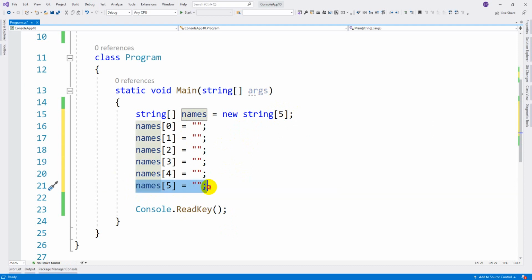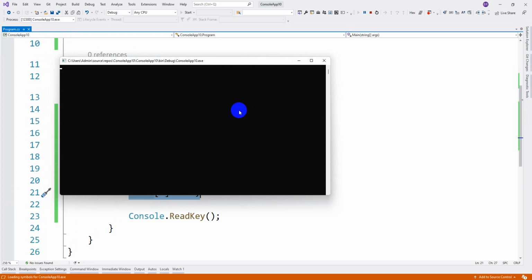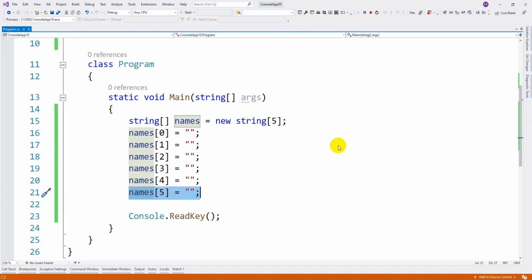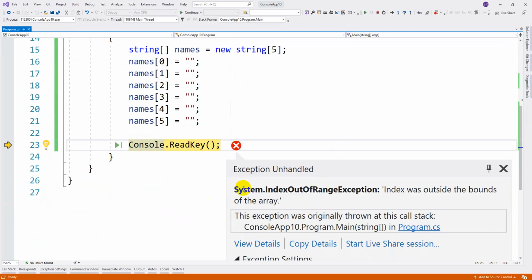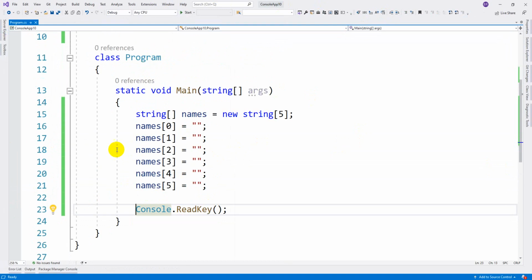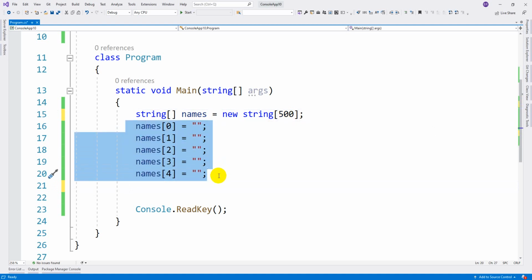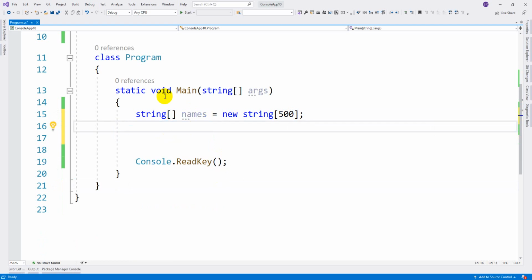At runtime, the system is going to give you an error. That is the array index out of bounds exception. You can see this: if we try to load a value at this location, you will get an exception, System.IndexOutOfRangeException, because you had given a wrong index. If it is 5 locations, you are able to enter like this. But just assume the size is 500; you cannot write this from 0 to 499 lines. That is the reason you need to make a loop statement.